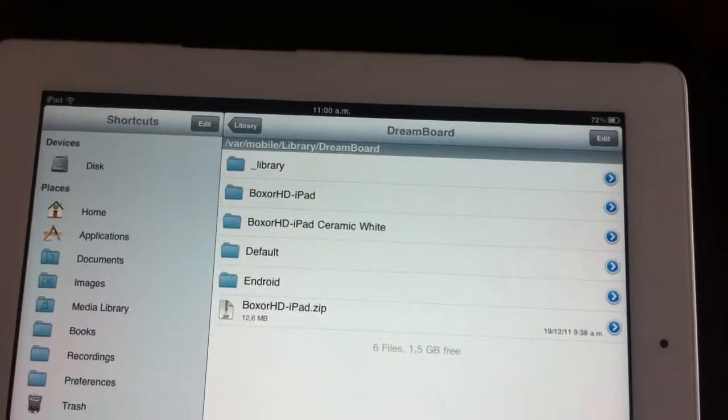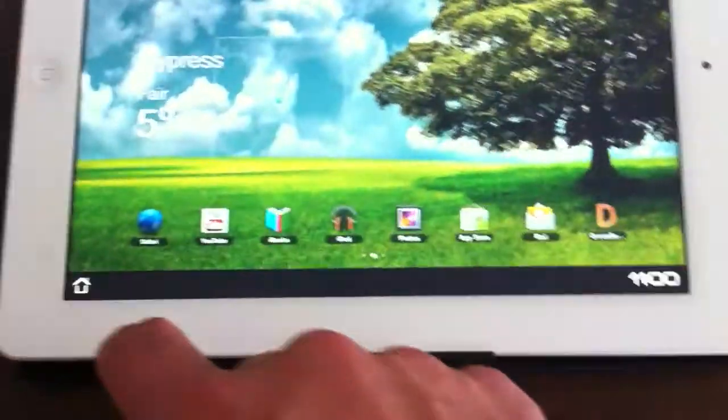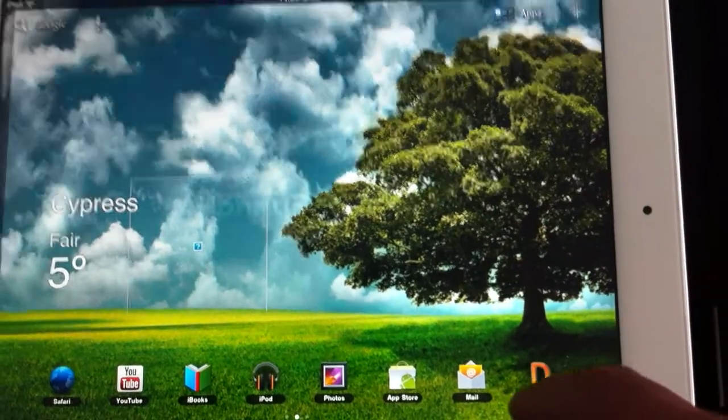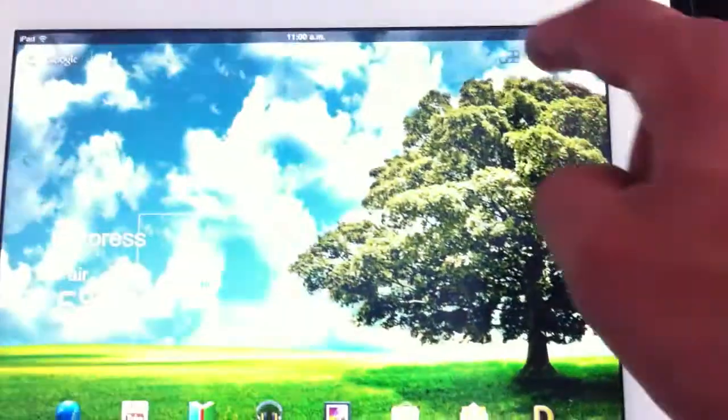Default and Android, they're the same thing. I don't know what happens. So I go out, just can't get out. That's the biggest issue here. So look, if I want to get out of Dreamboard for my custom iPad theme, I have to uninstall